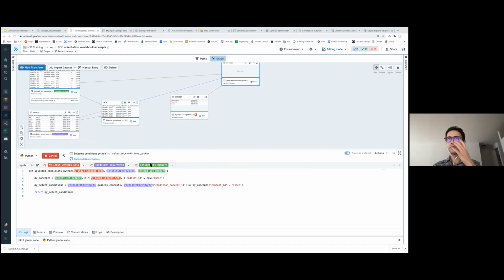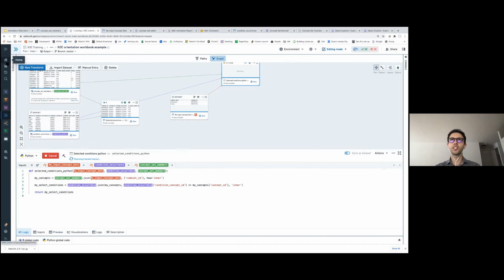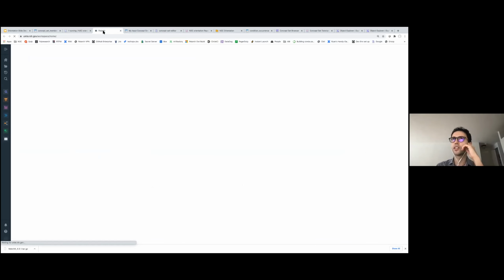So while it's running, like I mentioned, this is leveraging the Spark library. There's a cheat sheet if you want, and that's available in the documentation, if you're interested in learning Spark syntax, just to gain in terms of efficiency in code iteration. And let me show where it is.